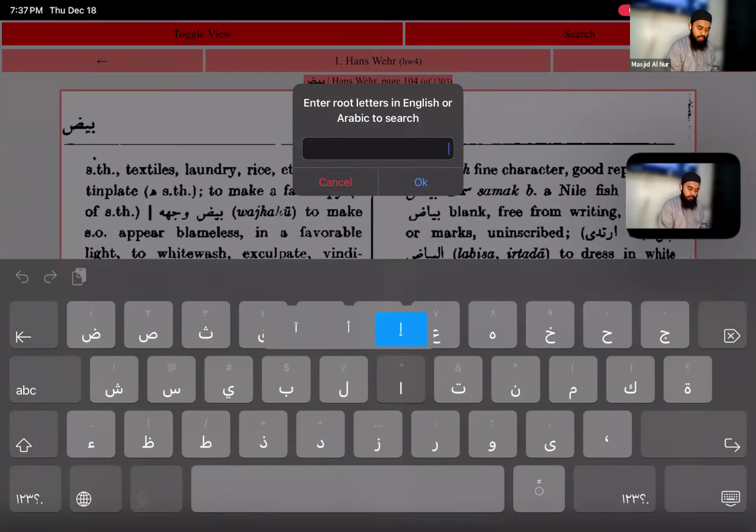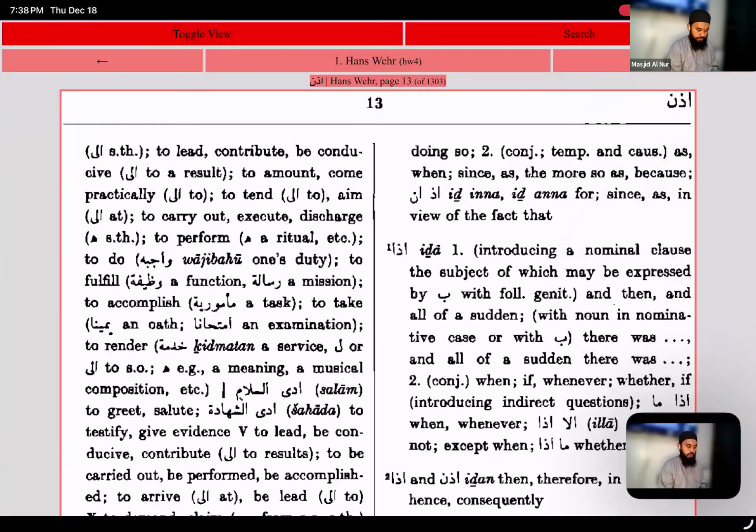If you can see the keyboard that I'm punching in, it's blue right now. You guys have to zoom in a little bit. I'm sorry for the people online. The Hamza is at the bottom, and that will give the E sound. We don't want that. Keep it as that A sound with the Hamza on top. Adhina, mu'adhin. You'll find it right now, bismillah.